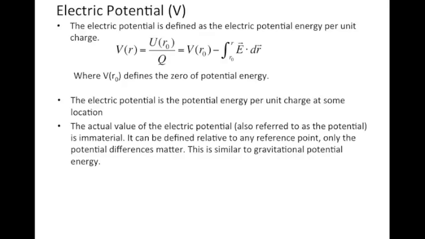That depends on the test charge, and so what we further did is define the electric potential. The electric potential is defined in the following way. It's essentially the potential energy per unit charge, and it's represented by this V, where V at r naught defines the zero of potential energy. So just like gravitational potential energy in mechanics, you could arbitrarily define zero to be at the floor or at the ceiling or wherever you wanted. The same holds true in electricity and magnetism. So the